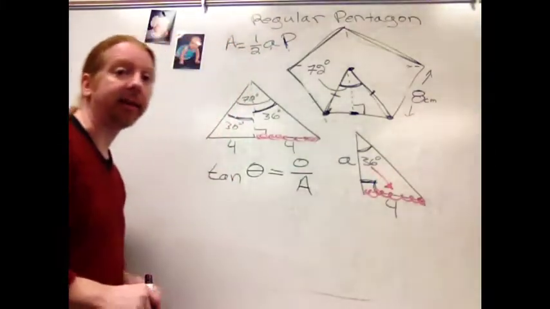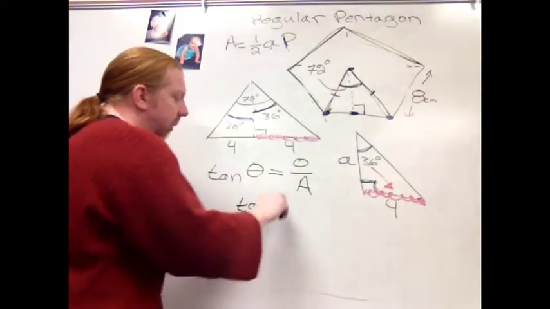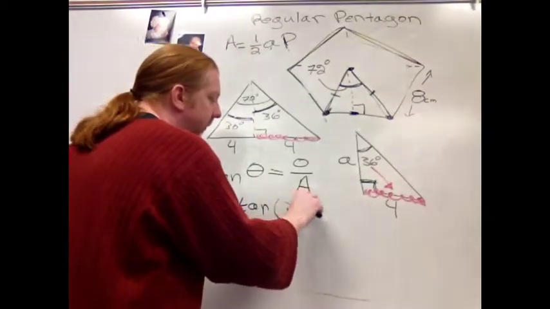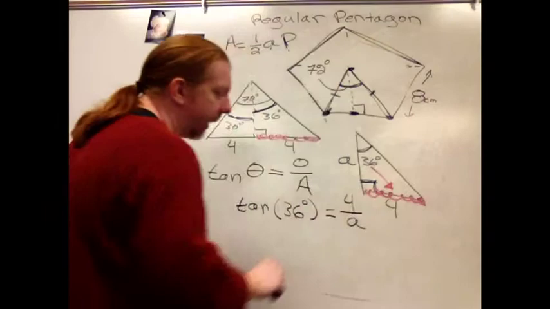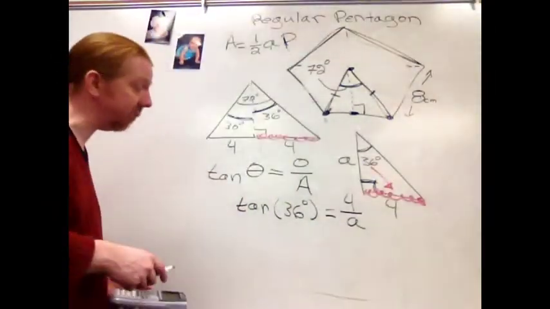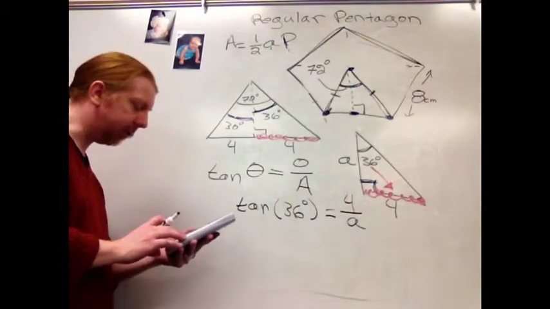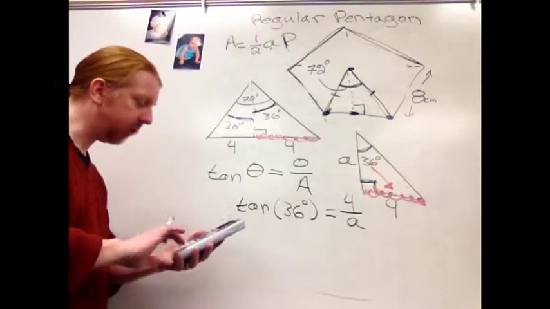I can now calculate that apothem. So I can say the tangent of 36 degrees is going to equal 4 over A. Now I go to my calculator because I don't have tangent of 36 memorized. So tangent of 36 gives me